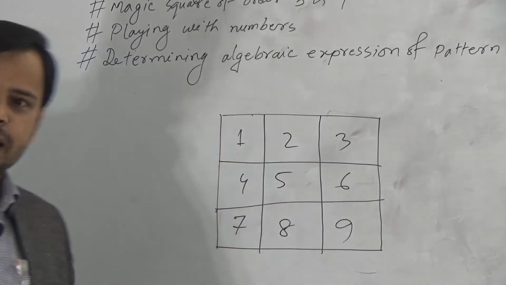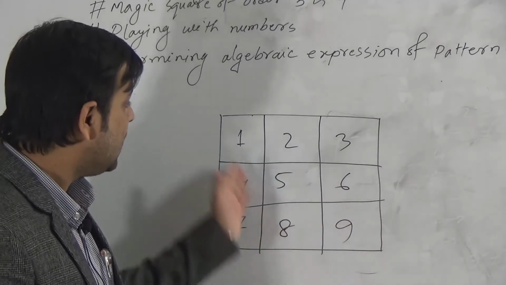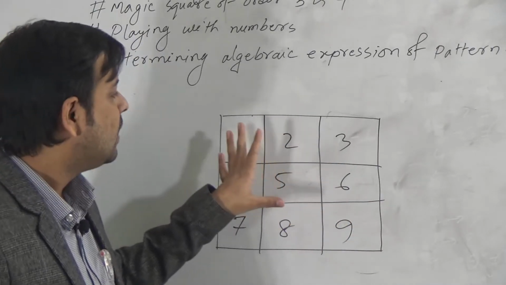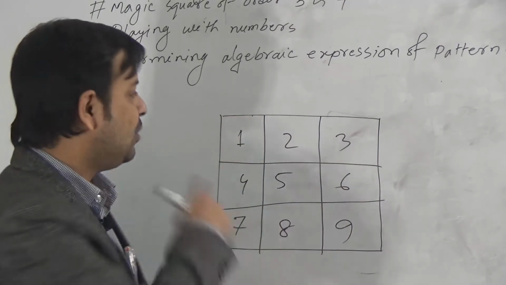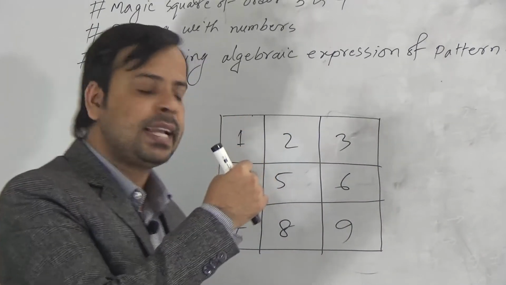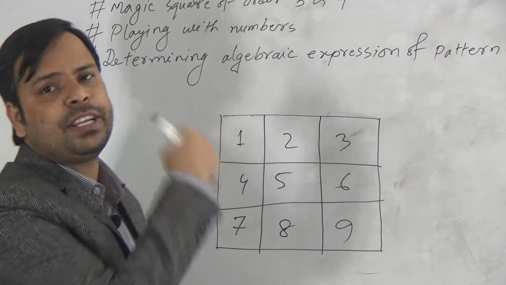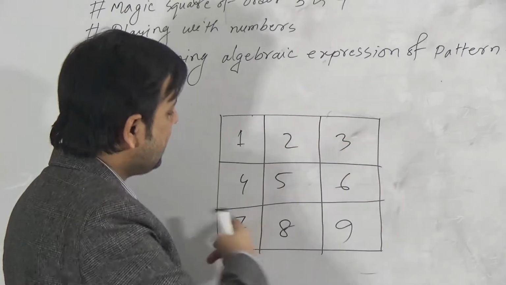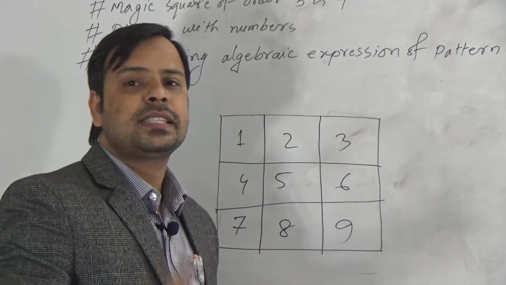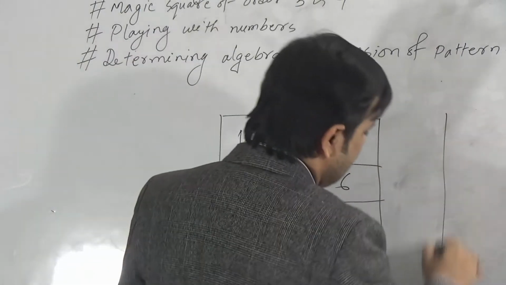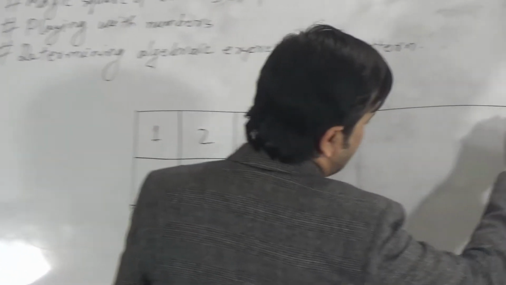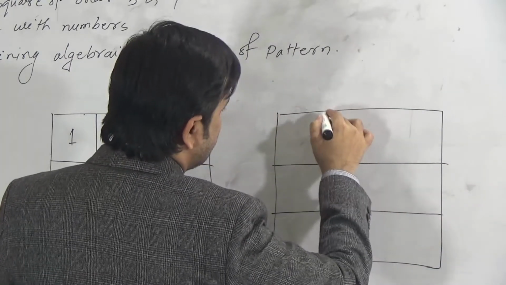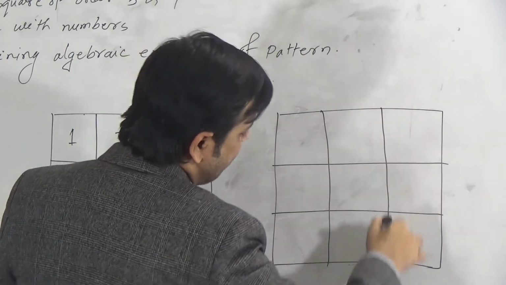Magic square will be a square so that if we put these 9 integers in these 9 squares, their sum will be same. If we add horizontally, vertically or diagonally, the sum will be same. So we have to arrange these numbers in a square using a technique. What is the technique here? I will show you. This is magic square of order 3.